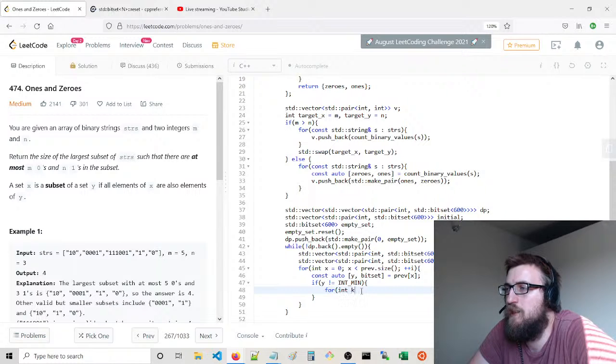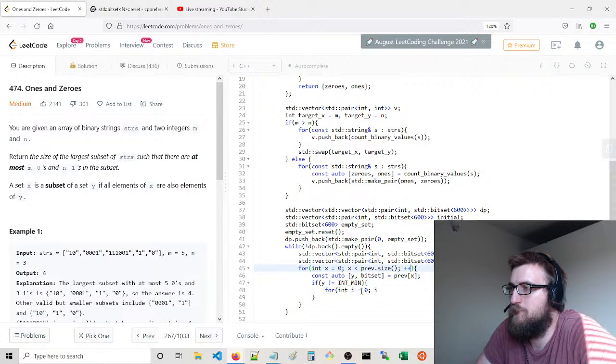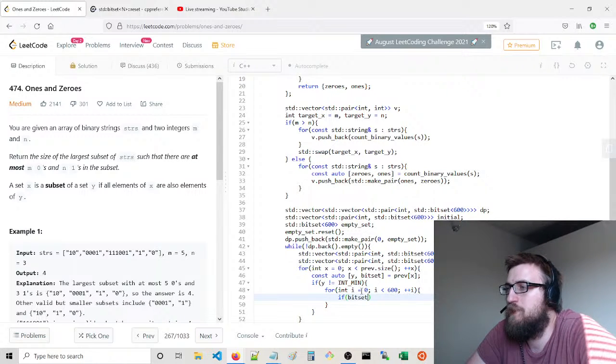For each value in the bit set, so we're going to say for int i equals 0, i is less than 600, plus plus i. If not bit set of i, right, so this hasn't been set, then we're going to take